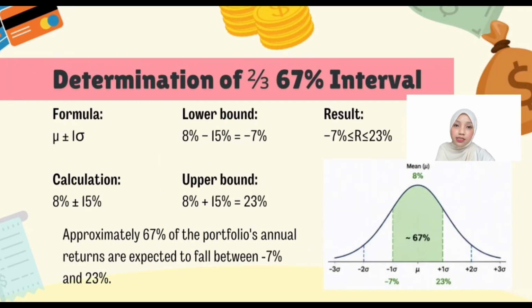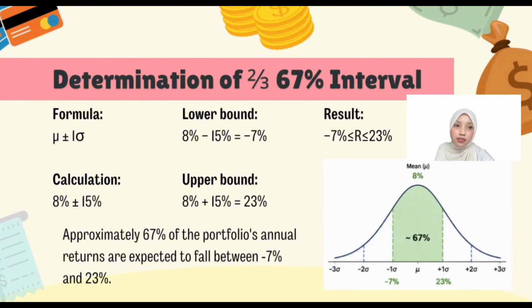Next, we calculate the 67% interval using the formula mean plus or minus one standard deviation, which is 8% plus or minus 15%. The lower bound is 8% minus 15%, giving negative 7%, while the upper bound is 8% plus 15%, giving 23%. Therefore, we can conclude that approximately 67% of the portfolio's annual returns are expected to fall between negative 7% and 23%. This means there is a high probability that the portfolio returns will stay within this range under